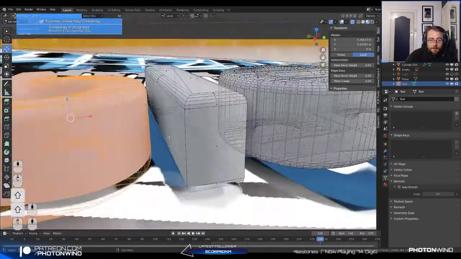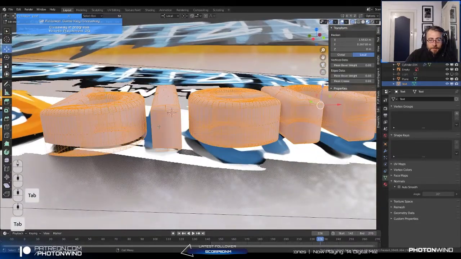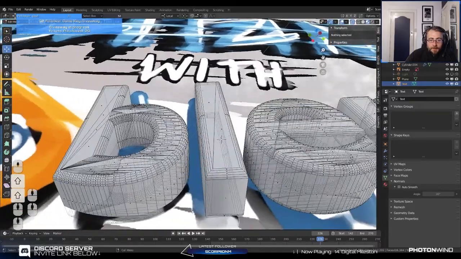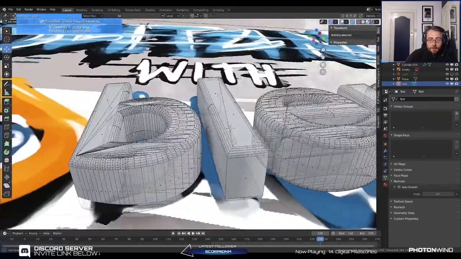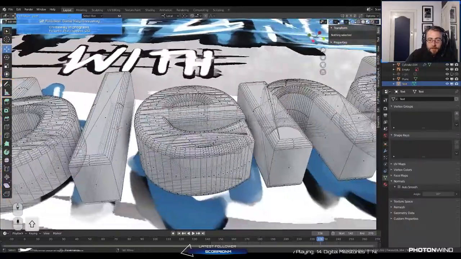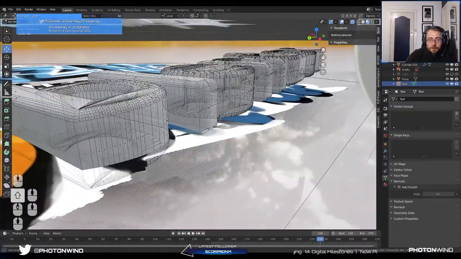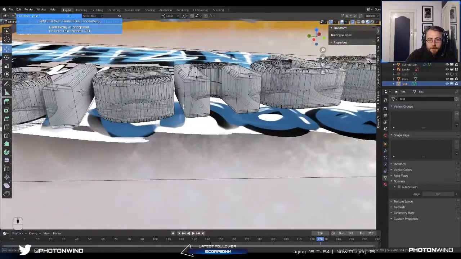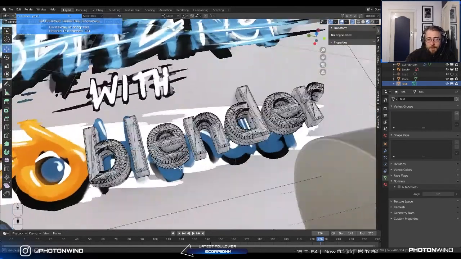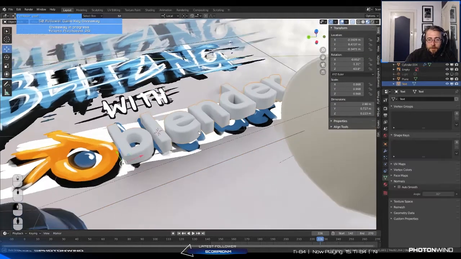But if you look at the mesh structure over here, it's kind of all over the place. We've got some triangles, we've got some long faces, we've got some small faces. If we just do a cloth simulation with this now, it's going to be weird because some bits will have more detail than others, and it's not going to look like a smooth cloth thing. So what I'm going to do